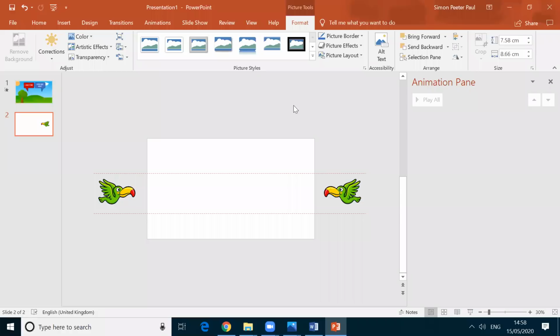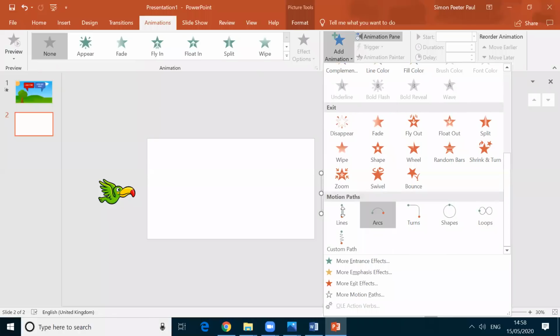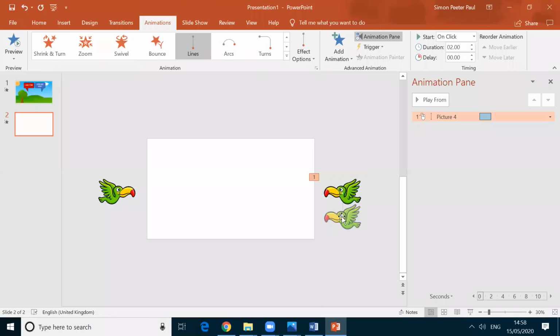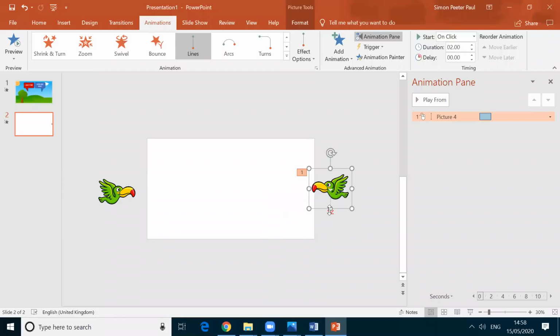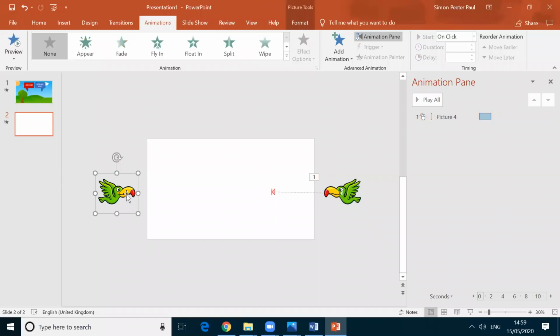To add any animation, click on animation and add animation. In that, what I use now is motion path. Sorry, there is some problem with my mouse. Okay, let me do it a little bit faster. I added it and then I want to add animation.